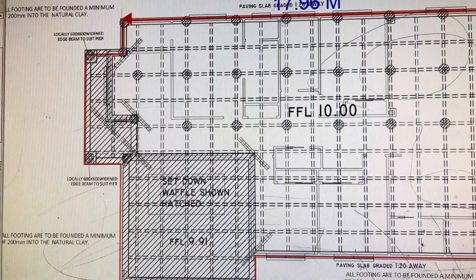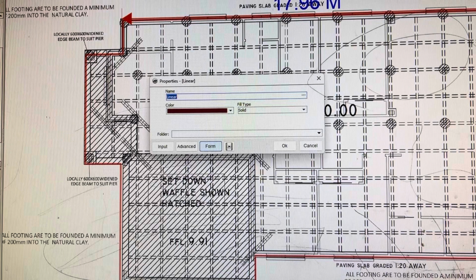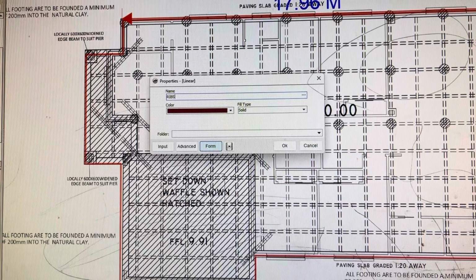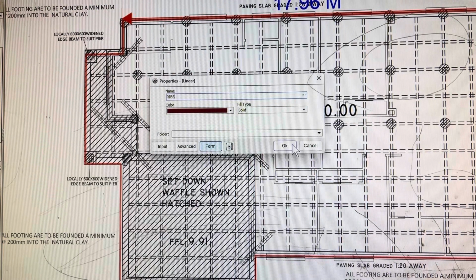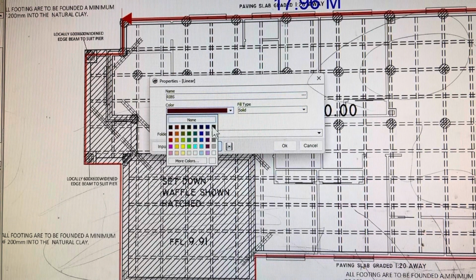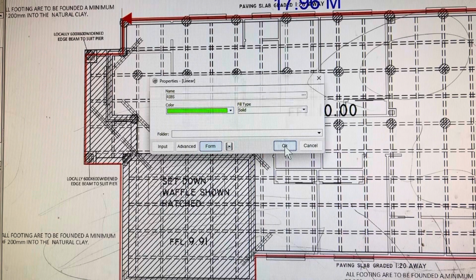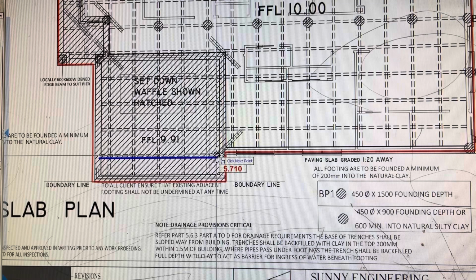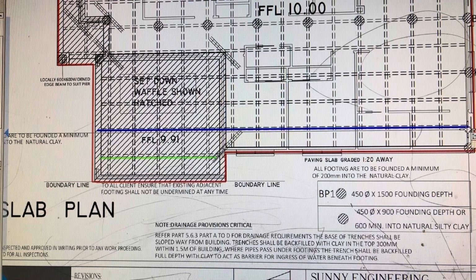Now we'll take the ribs in the waffle pot slab. They are called ribs because they are very narrow, 110 mil wide, and the depth can be 385 or 400 depending on the depth of the slab. We'll give it a different color so that it stands out and now we know what is what. So first we take all the horizontal ribs or internal beams